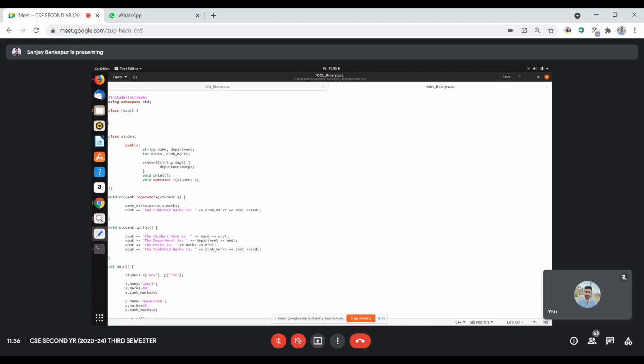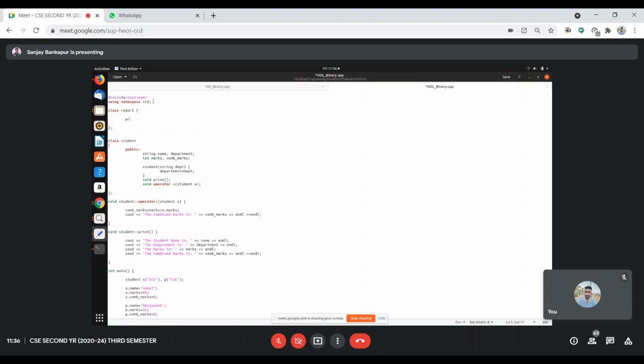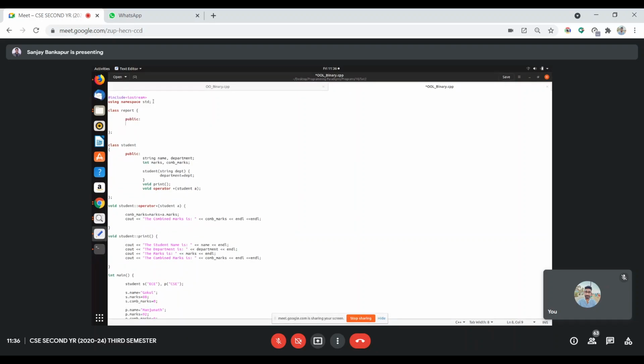Now I will keep a public int com marks. I want this to be here, not at the student level. It doesn't make any sense. A student should have his own information rather than the combined information.